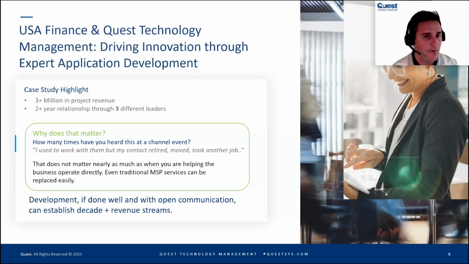So you're very, very sticky. You're part of the business, as long as you're providing value, helping them update, manage, and maintain core business applications. Huge upside, huge opportunity. If you're doing it well, you're doing it right, you're communicating, you're part of that business. So it's very hard to extract you if a competitive situation arises.